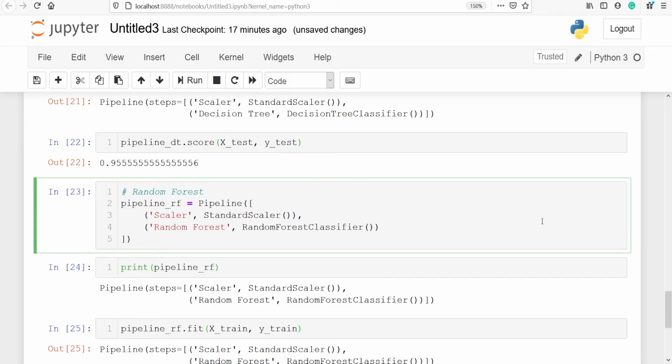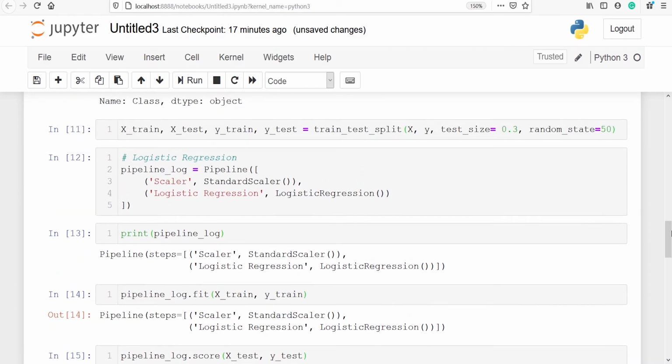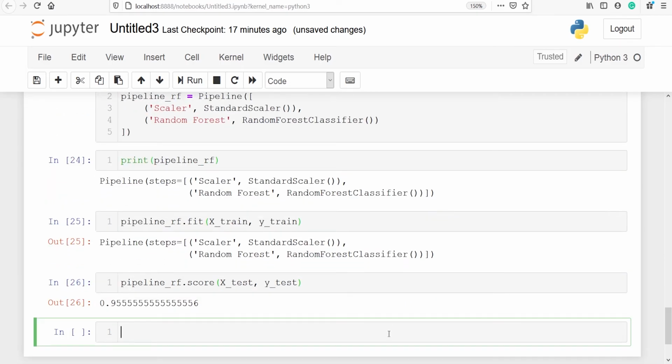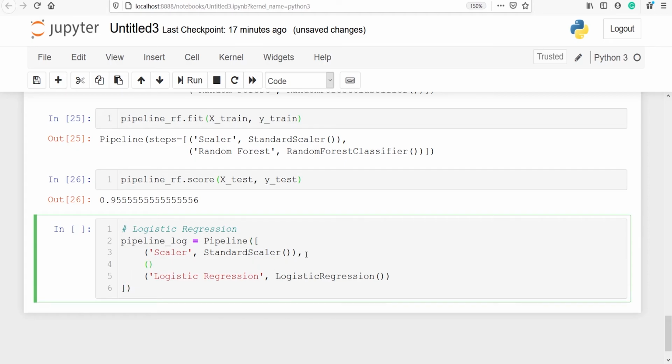We can also put one more step in this, PCA. So what I will do, I'll just copy this code from here, paste it here, and now in the pipeline I will add one more step, which is PCA. Then PCA, and we have one parameter n underscore components.